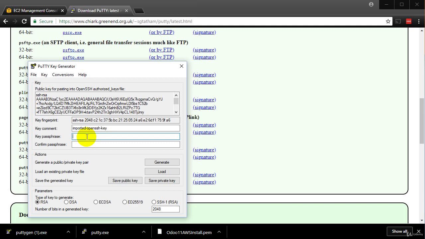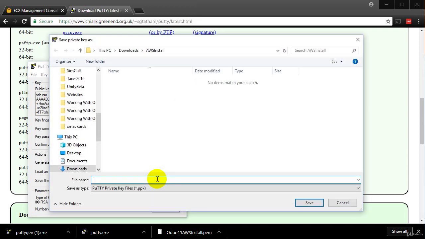So that's definitely a good best practice with any kind of production or even staging server that has critical data on it that you don't want compromised. On the other hand, remember they would have to get a hold of this key, so keeping this key secure is really your primary way of preventing access to the server. So I will put in a key phrase here, just a test one, so that you can see how that would work. And at this point you come down here and click save private key,